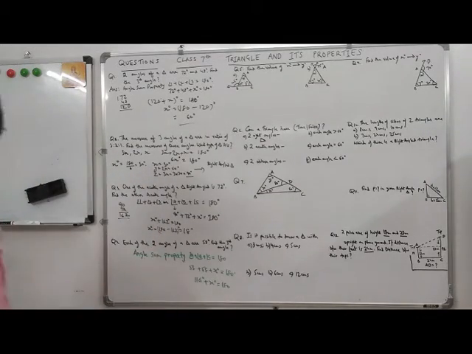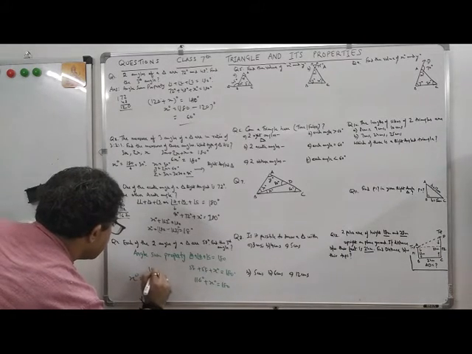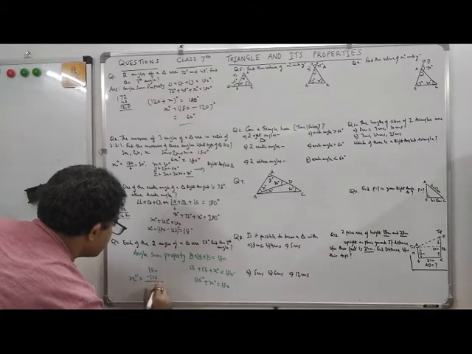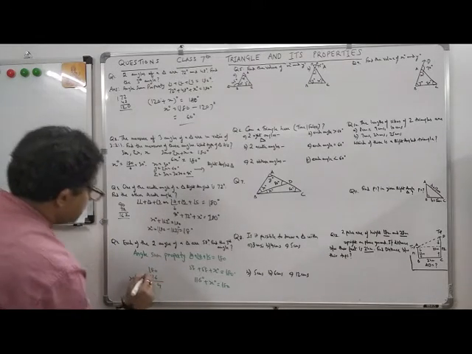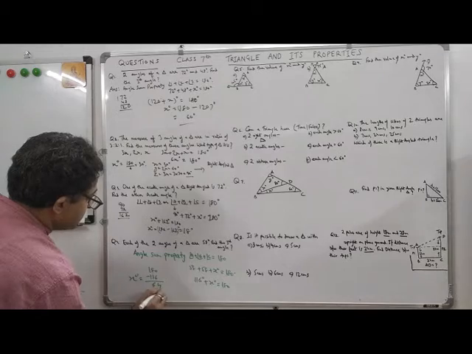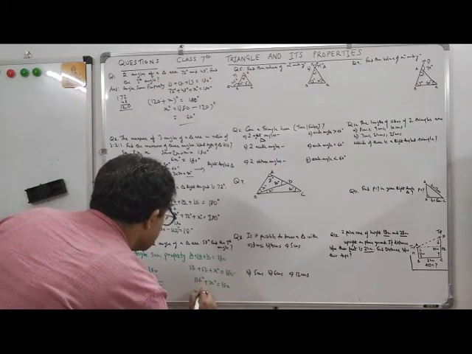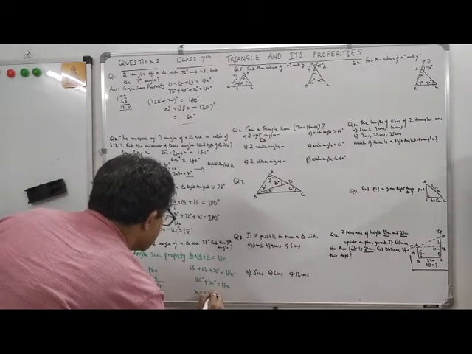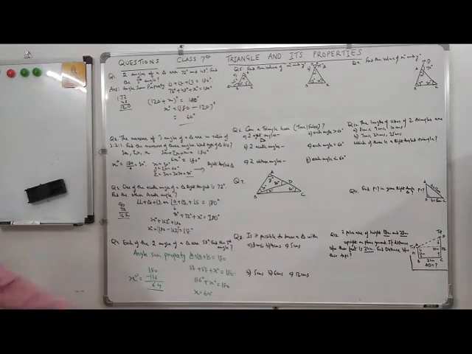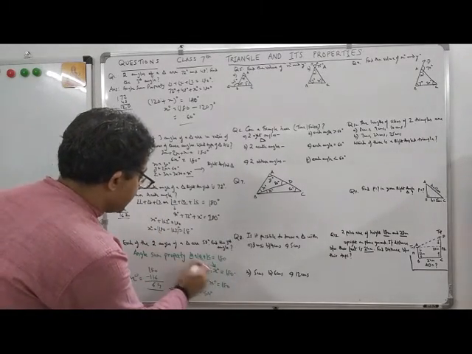Okay, I hope it is visible. So x degree is equal to 180 minus 116. This comes to be 64 degrees. So x is equal to 64 degrees. This is the third angle. Let the third angle be x.